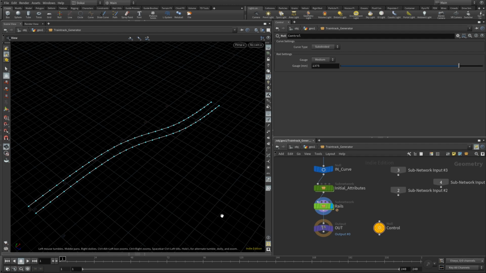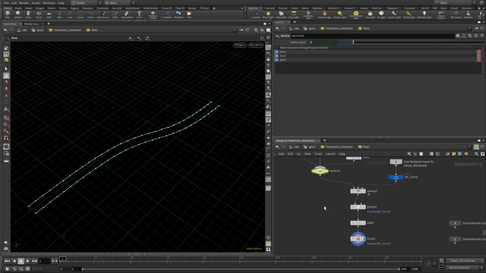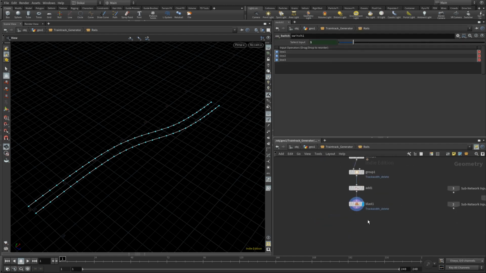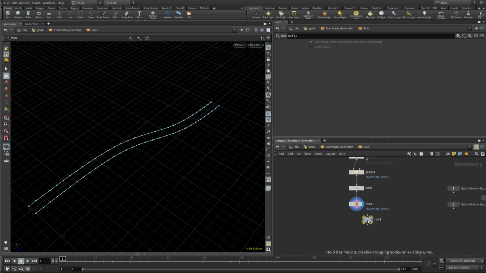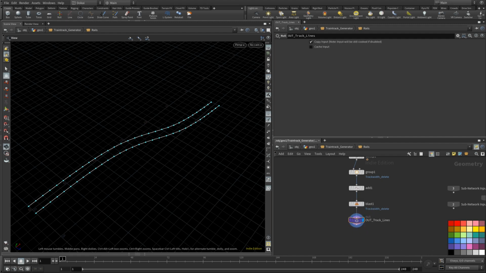So we're going to continue, but we actually know that we might be able to use these curves later on. So I'm going to create another null node, and I'm going to call this out track lines. Again, using our convention of coloring, and since this is not the output node of our system, it's still pointing down. Okay, well the next thing is that what we actually want to do is create a nice shape that we can sweep along our curve. Create a curve,